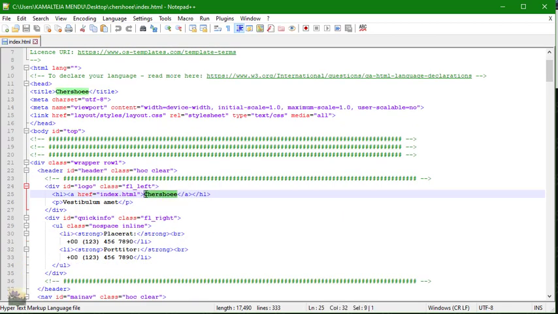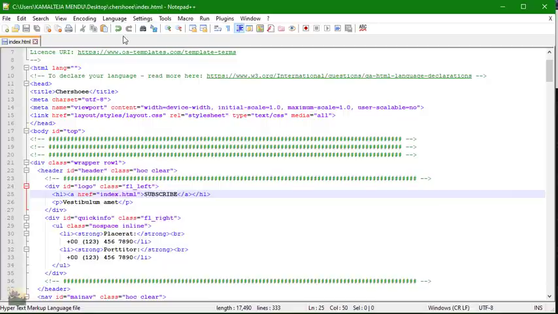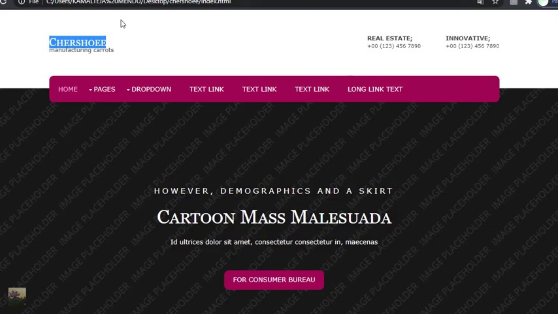I copied it here, selected all those things and tried to change it to any name. Now after doing any single change, we must save it. Simply click on file, click on save, then it will be saved. Now without closing this, simply go to the already opened page in the Chrome browser and click on the refresh button.